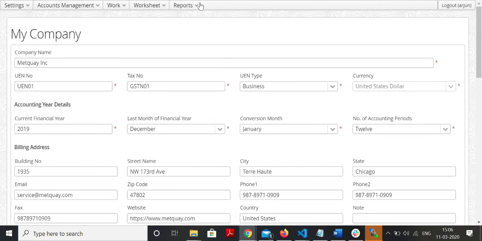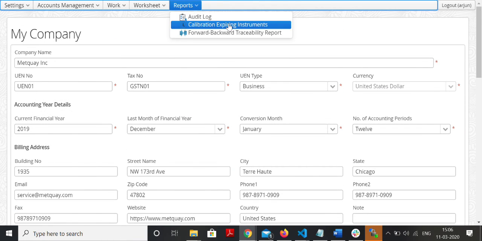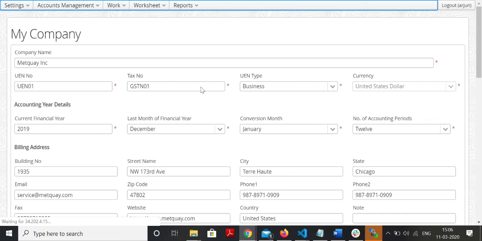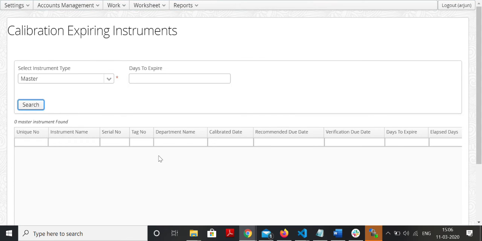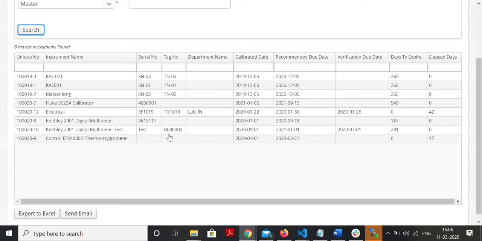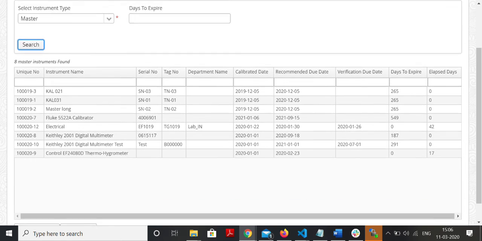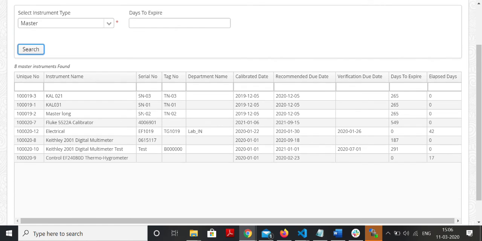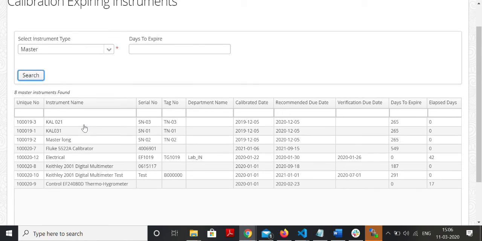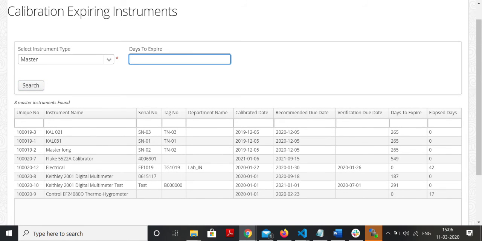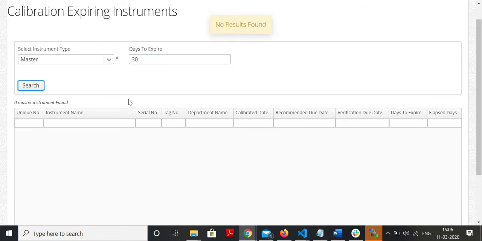And then we have the reports. We have calibration expiring instrument reports. Basically this is a report format of the alerts that you see here. Alerts are sent automatically. But if you want to take a list of instruments which are due for calibration in, let's say, 30 days, all you have to do is come to this report and search for 30 days. There are no instruments. 60, no,